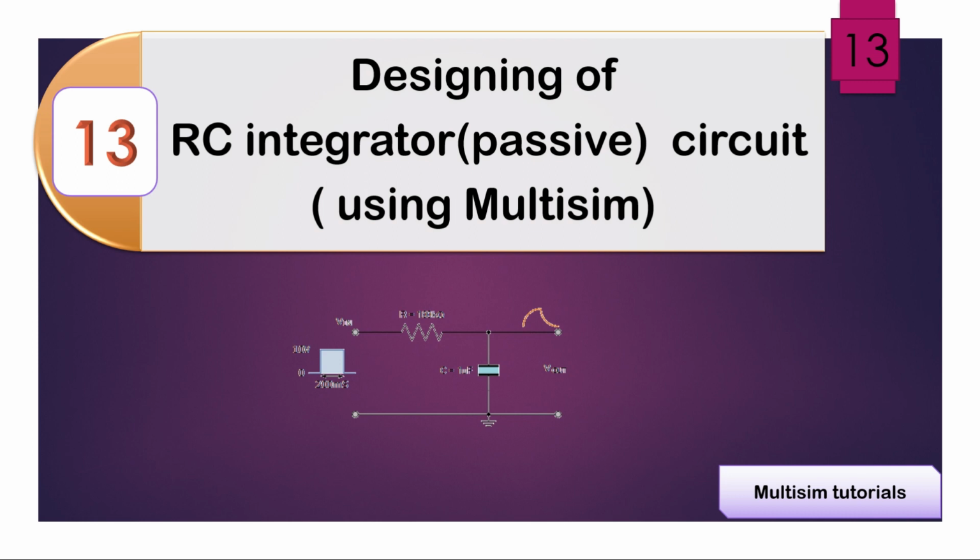Using passive elements, we will look at some filters. In this session we are going to discuss the RC integrator as a circuit using passive elements like a resistor and capacitor, and an inductor also in upcoming lectures. First we'll see RC and later RLC circuits as an integrator, and how it acts as a low pass filter. Generally, we think that the integrator circuit itself acts as a low pass filter and the differentiator circuit itself acts as a high pass filter. Let's see how the working is done, then we'll understand better.